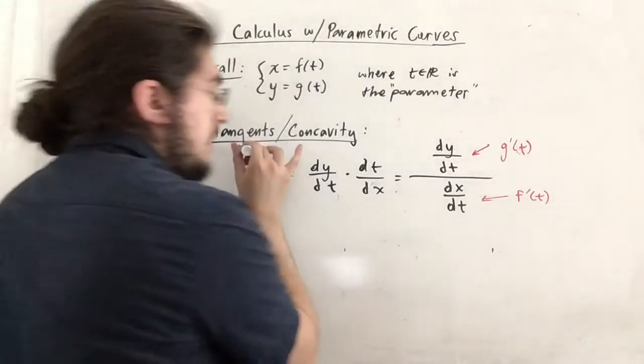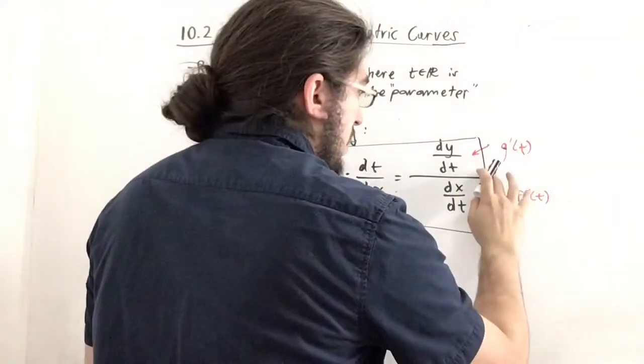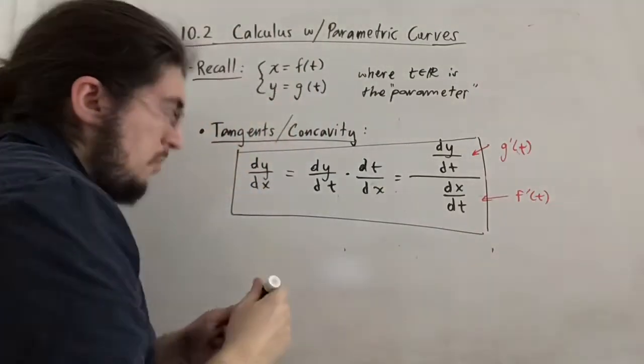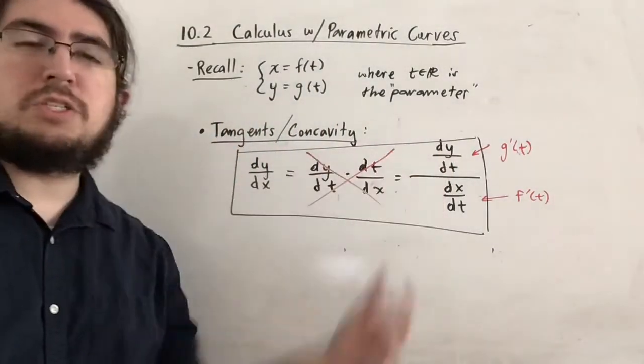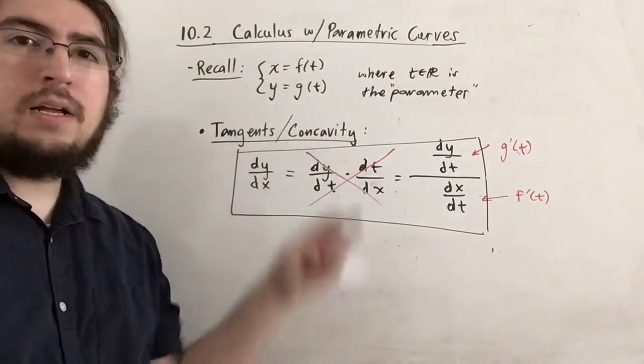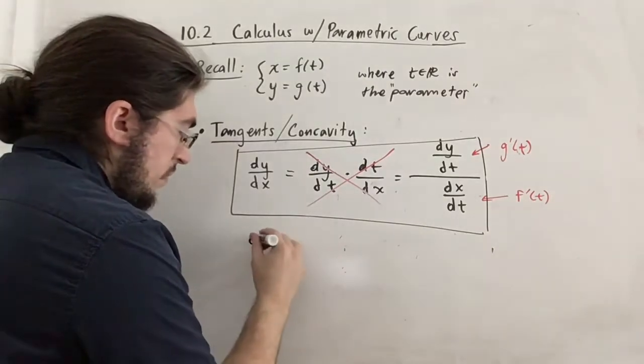In fact, if you want to box this, we can certainly box this, but to be quite honest, I wouldn't include the middle guy here. This is just a middleman to explain why this is true, using the chain rule and kind of abusive notation. And now finally for the second derivative, which is